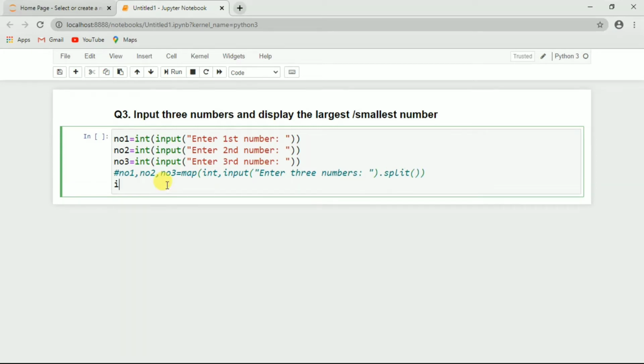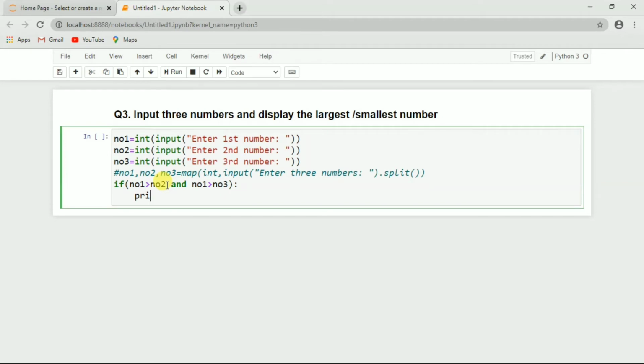So now we will write the condition: if number1 is greater than number2 and number1 is also greater than number3, and here we have to write colon. Then what will we print? We will print number1 is larger.